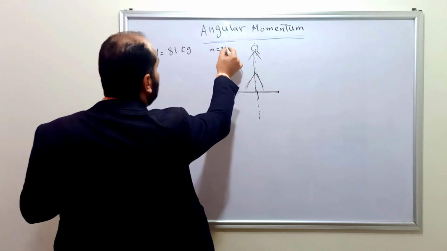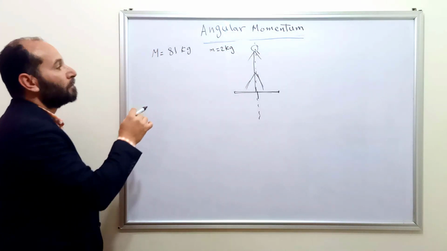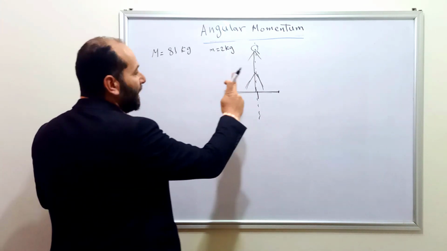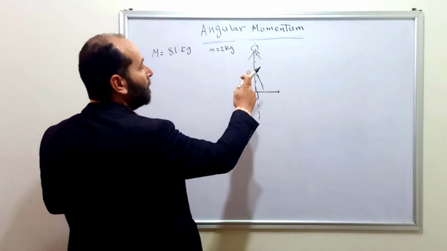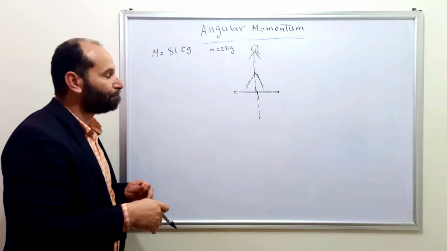M equals 2 kilograms. If we rotate this man about his axis of symmetry,